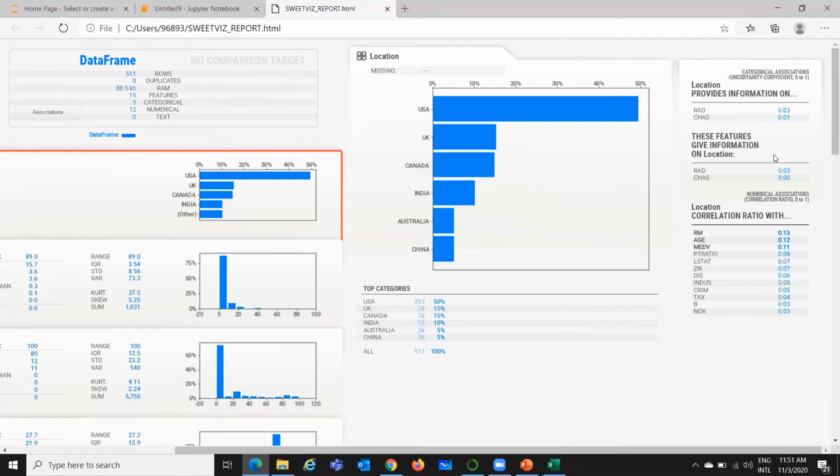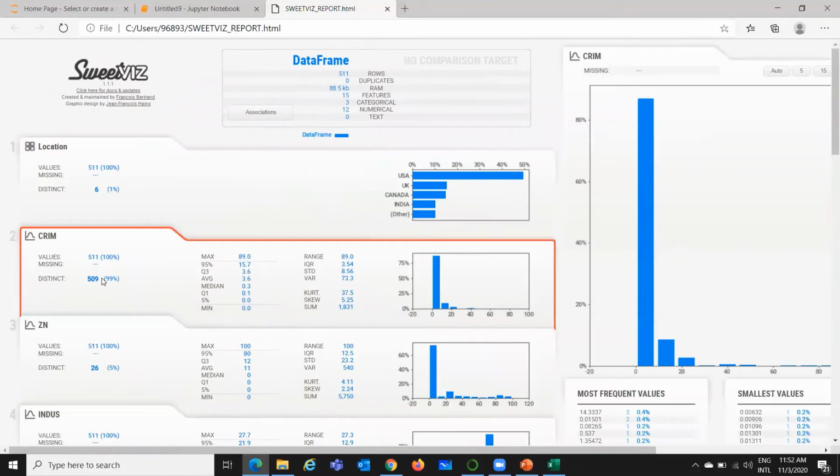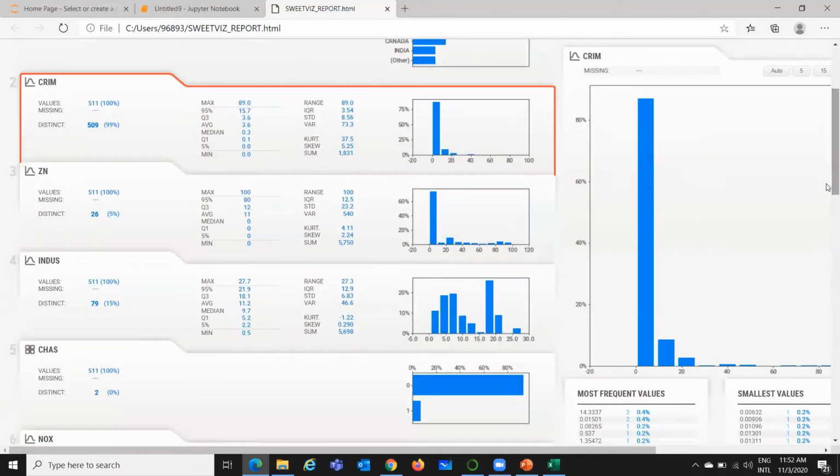Okay, so you can get different features also from here. For example, this may be of interest for you. Is the correlation. So how location is correlated with RM, age, MEDV, etc. So you can see these are highly correlated, and NOX is least correlated with the location. So this gives you a quick picture about this particular data called location. Same way you can see the other type of variables as well.